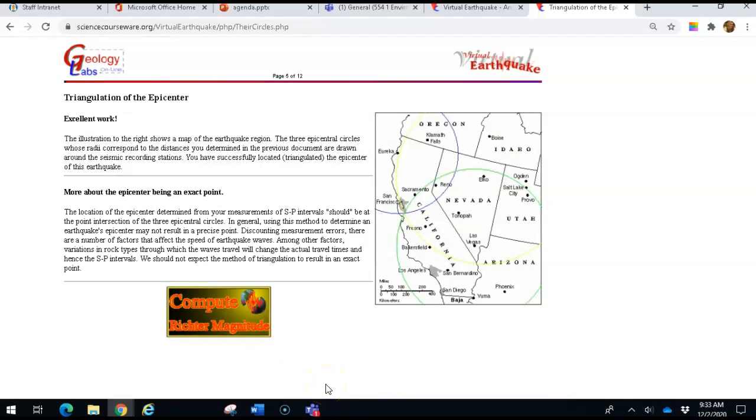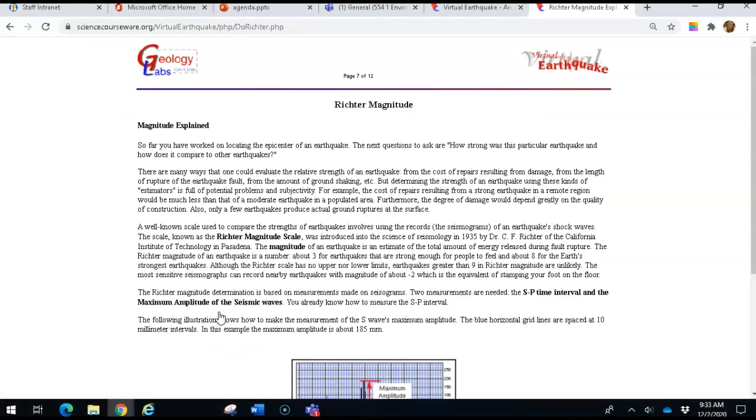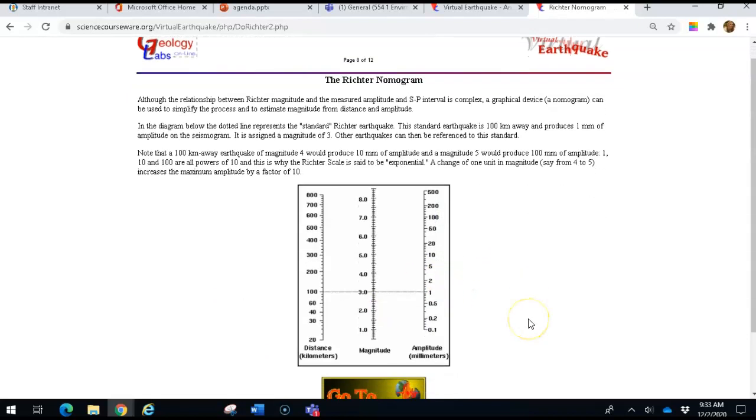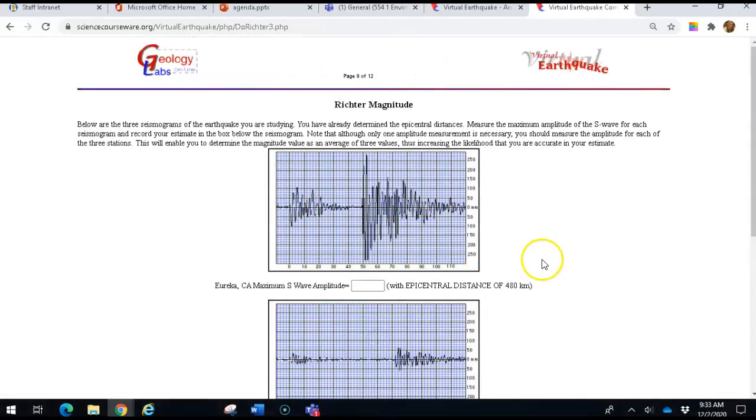Okay? If you had some sort of error in the data, it's going to have two options here, either to recalculate or just show the correct answers. If you have time, definitely do the recalculating. If you're running short on time, just click Show Answers. And when you're ready to move on, click Compute, scroll down, go to the next page, scroll down again, go on to the next page. So next video, we'll be looking at the